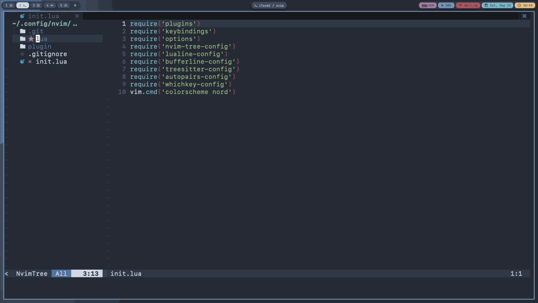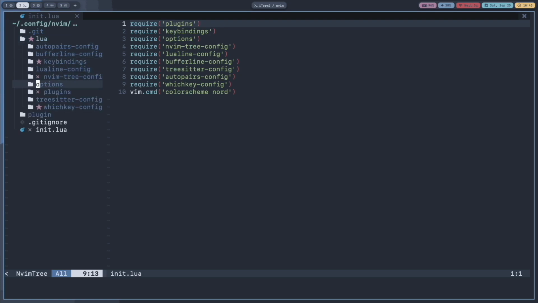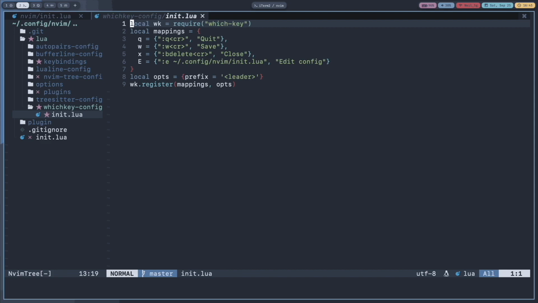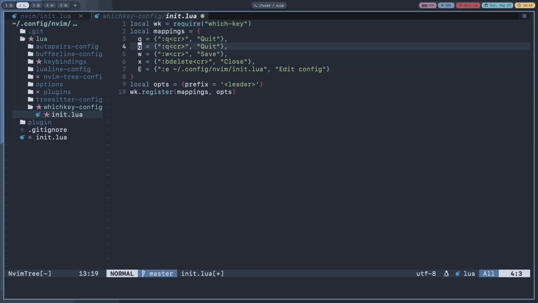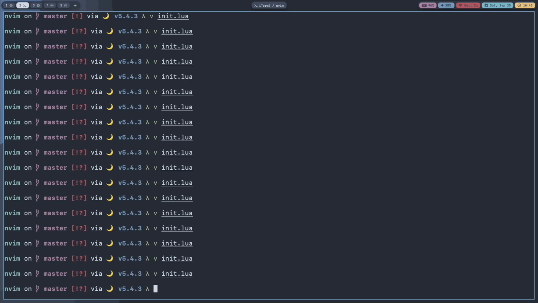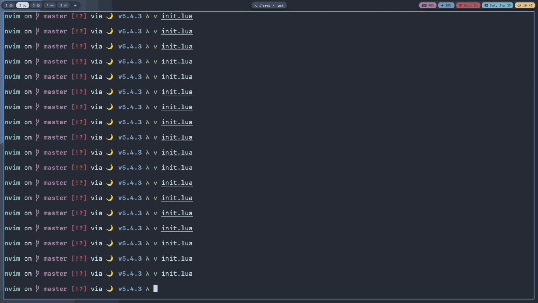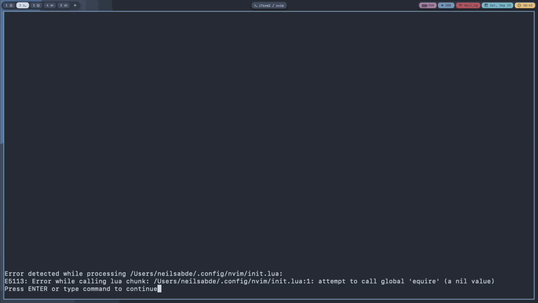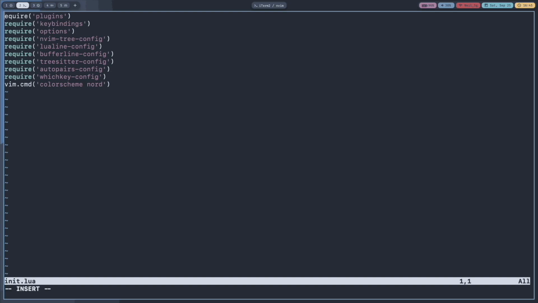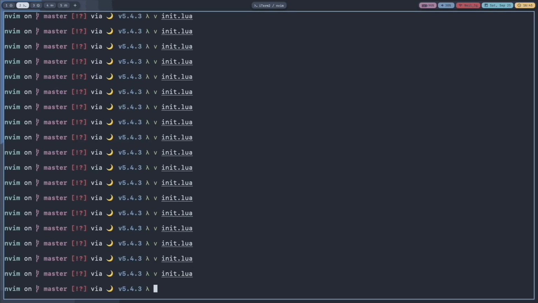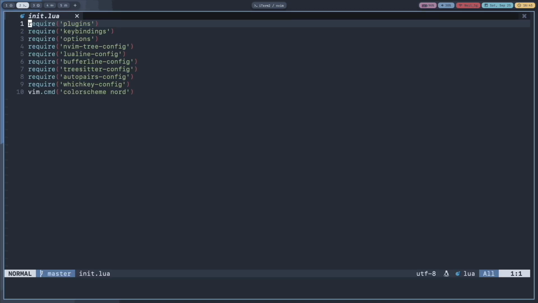Okay, now let's add another key binding, which will save and quit the file. So I'm going to add space and shift Q to colon WQ and save and quit. Okay, now if I delete that R and press space shift Q and go back, okay, it has an error because we changed that require to acquire. I'm going to change it back, and now we should not have any errors.